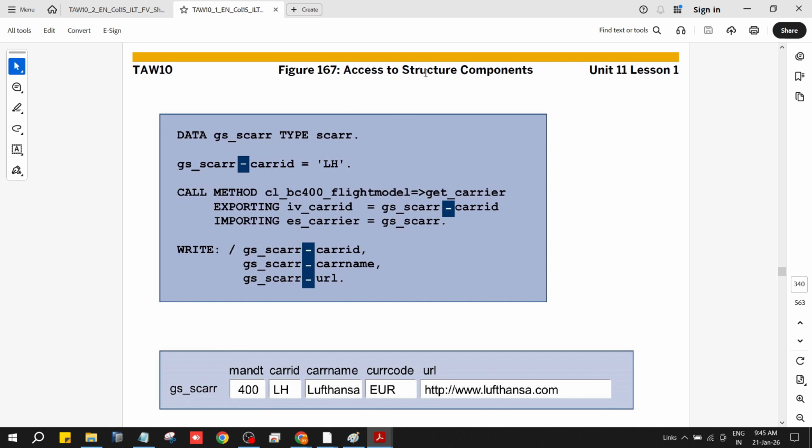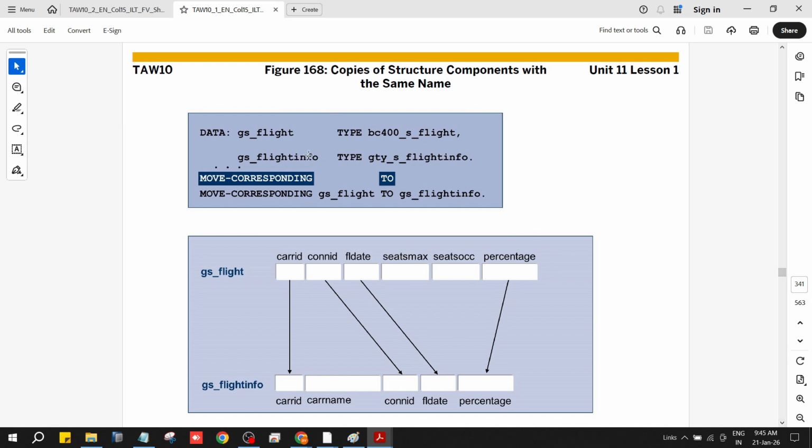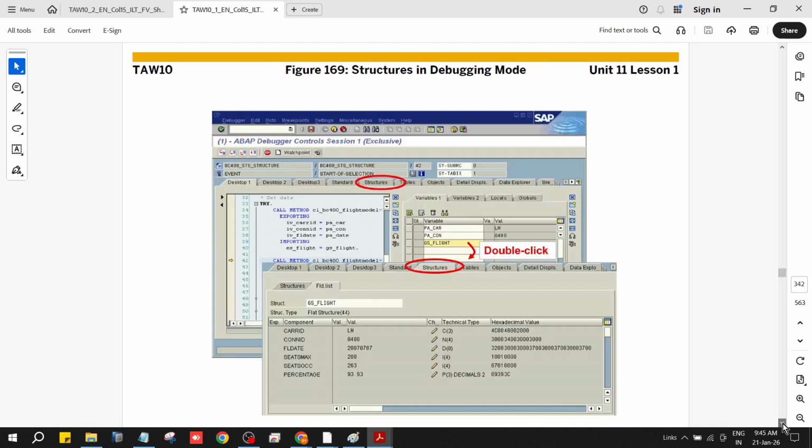So how are you going to access the structure components? This explanation is already given. How move-corresponding works between two structures is also completed: moving the values between identical structures. This is your structure as a data object. You have a separate tab given in the debugger to go for the